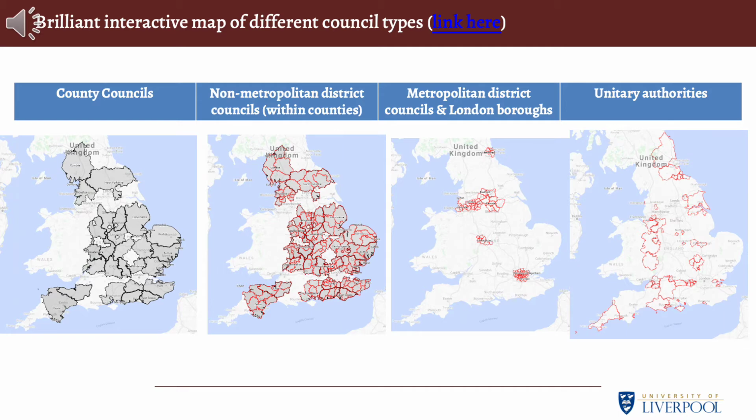Now, by and large, your metropolitan district councils, your London boroughs and your unitary authorities look the same and have very similar powers. They are, however, different legal entities that are underpinned by different pieces of legislation. So to that end, while you can in an essay treat them all as one, it is worth noting these distinctions, and that might be the type of detail that allows for a higher mark, right? Because you show a greater awareness of the legal context of local authorities. Okay, so even though they look similar and by and large can be considered almost the same, they are not legally the same, they are different.